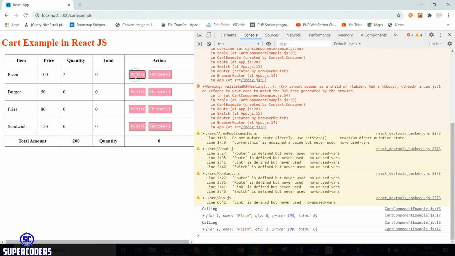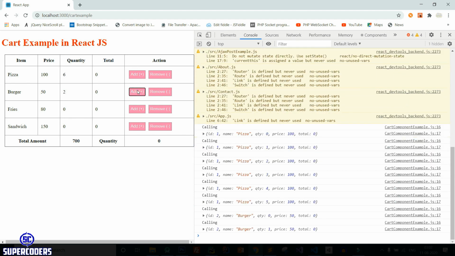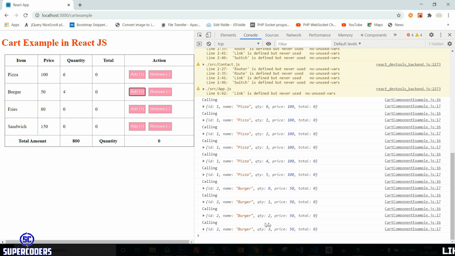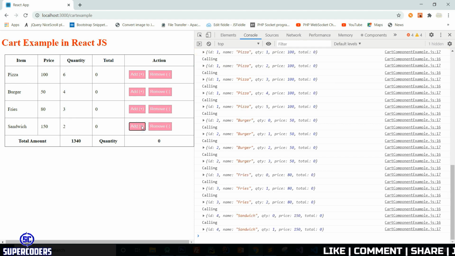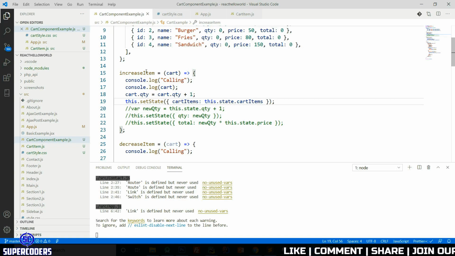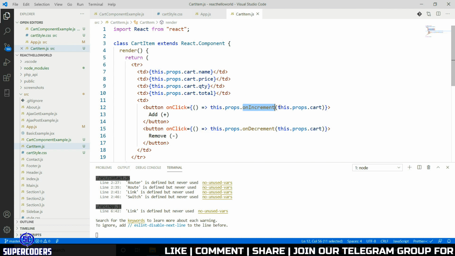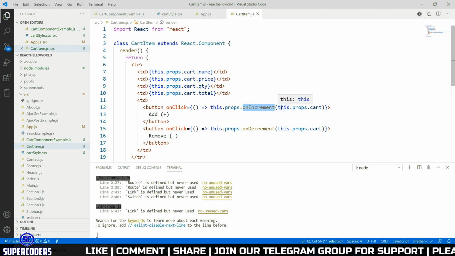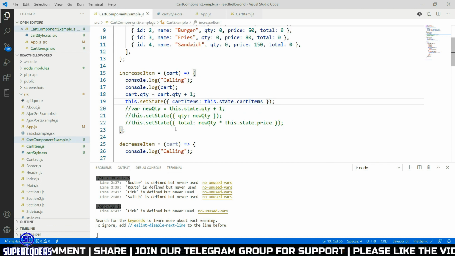Click on this and you can see it's working perfectly. Click on this and you can see its value get updated here in console, also in browser. So all are controlled by a single file cart component, and only cart item will be responsible for showing our item and backing event and returning the event of click and decrement to our parent component.